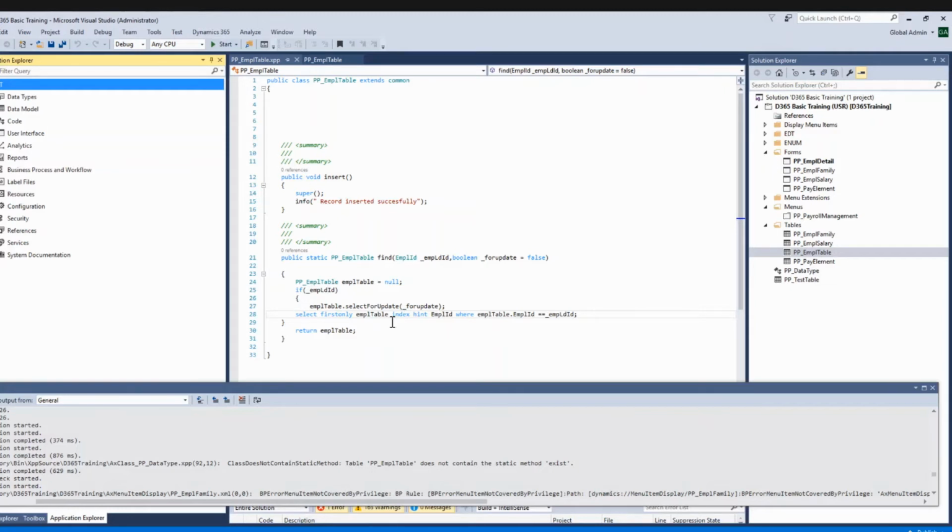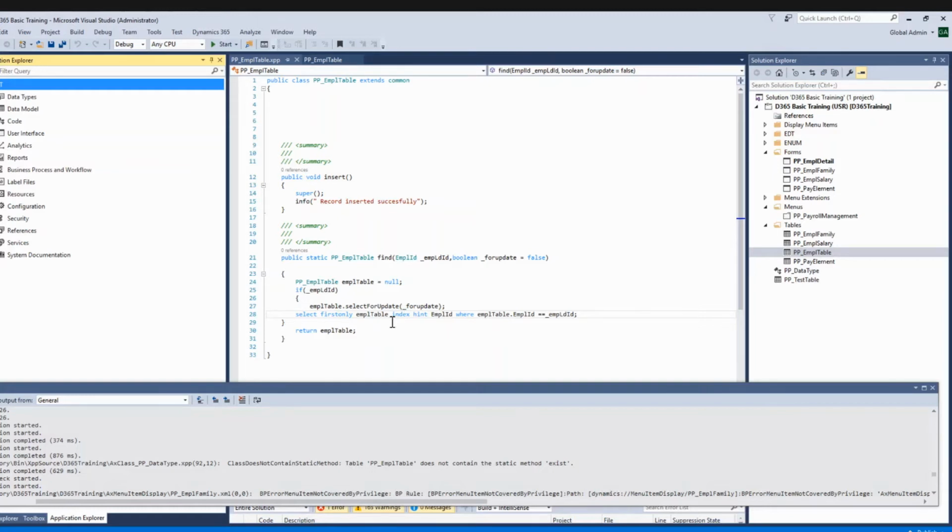You have to write one select statement that will return the record as a table object, where the employee ID, the index primary key, is matching the argument which you pass from your program. So from anywhere, if you want to get the record, you want to select the buffer, you can call this method and pass that primary key. The system will look for that primary key with the help of this select statement and return that table object. So this method will be used to find a record that fulfills the specified primary key.